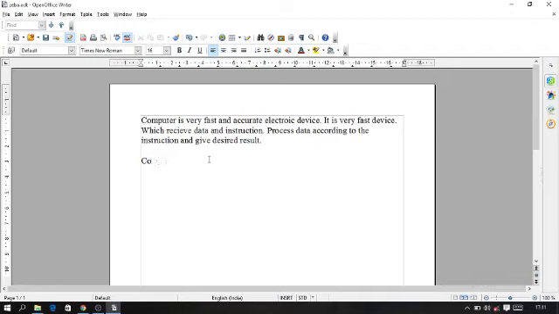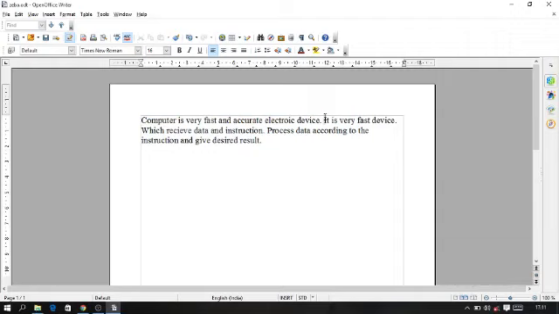We want to delete a complete word or complete information from the document. For this purpose, the process will be different. For example, I want to delete this whole sentence. For deleting this whole sentence, I can select the whole sentence. Then, as I select it, it can be deleted directly.